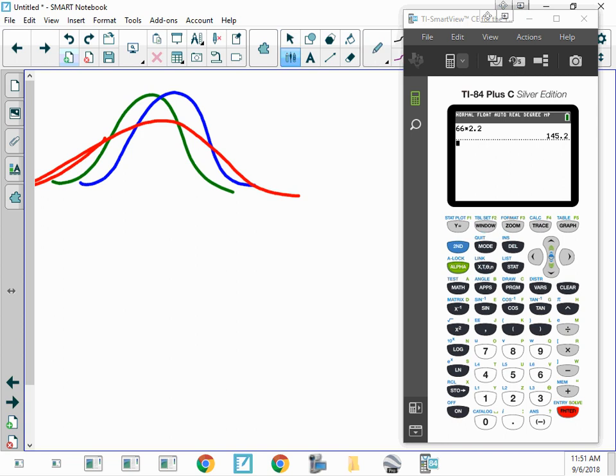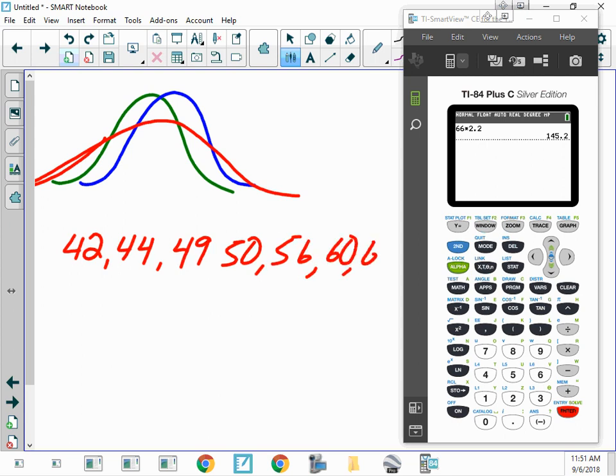Okay. So let's say my weights were, for women, 42, 44, 49, 50, 56, 60, and 68. Okay? Those are my women. I'm just making it up. It probably isn't accurate, but whatever. How do the men compare to the women? They are 9 kilograms heavier. So I would get 51,